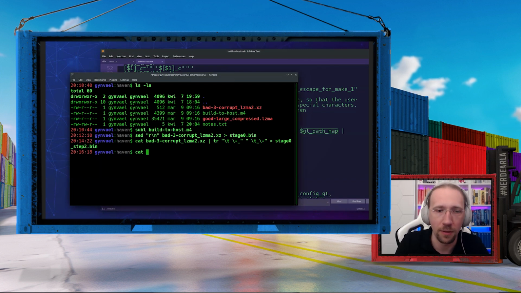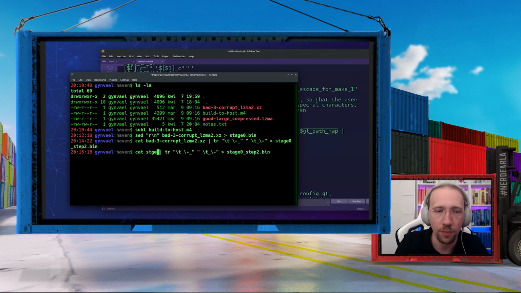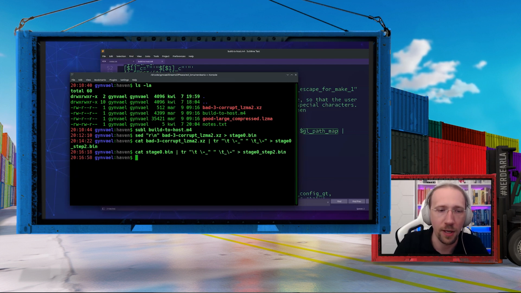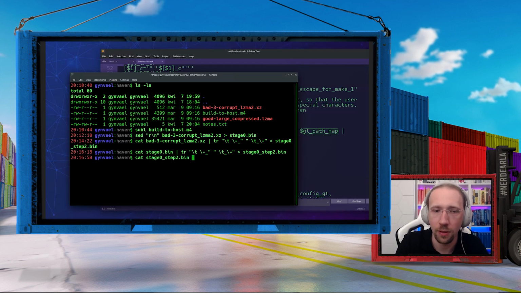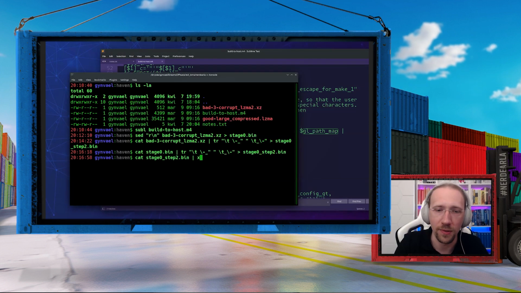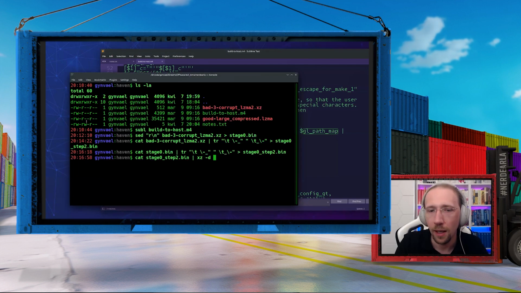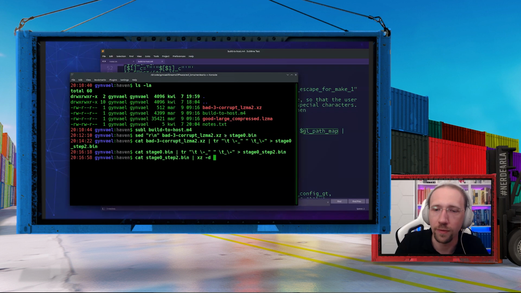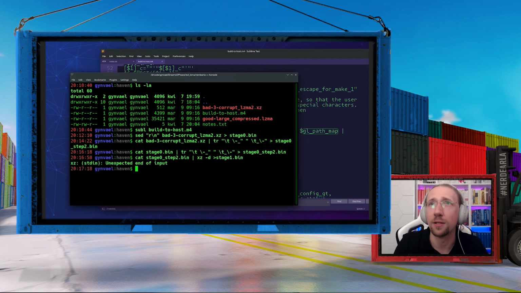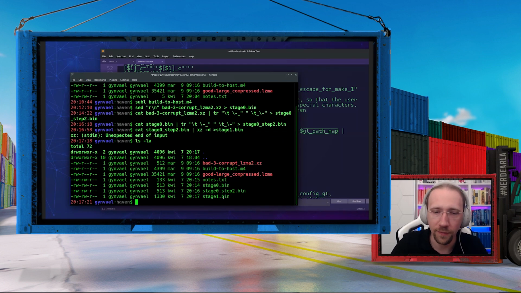So here, sorry, I made a simple mistake because I was supposed to grab the previous step's output. So let's fix it now. And then we can cat step 2, and we can send this to xz -d. As you can see, it sends errors to dev null. There is one minor error, but I'm not going to deal with that. And we are going to send it to stage 1. There's unexpected end of input. That's okay. The file was still created. The file was still decompressed. And if we open this file,